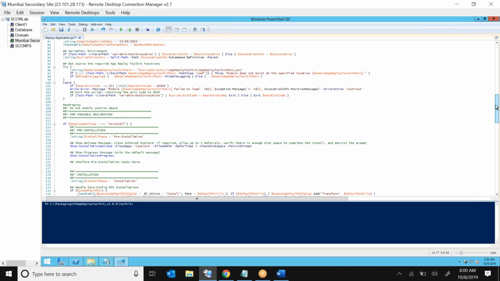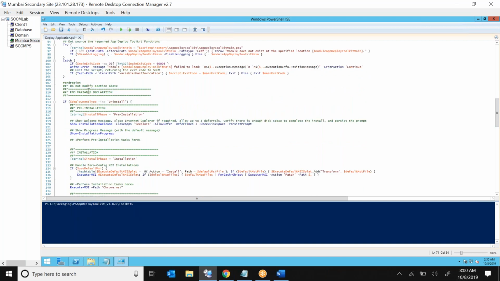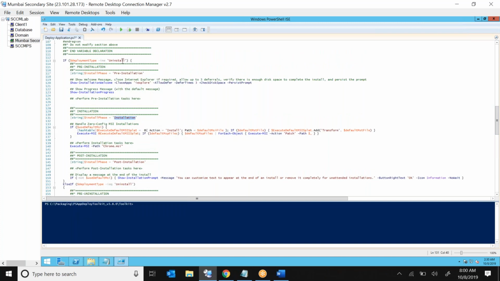Then in installation there are 3 subsets. First is pre-installation, second is installation, and the third one is post-installation. As you see, there are 3 subsets. So I have given execute MSI under installation, the base application installation. That is the base one. Then